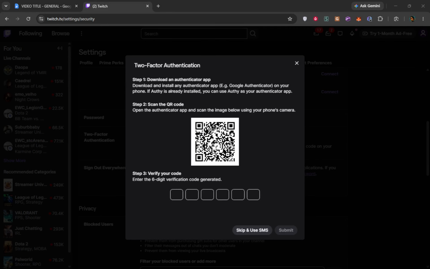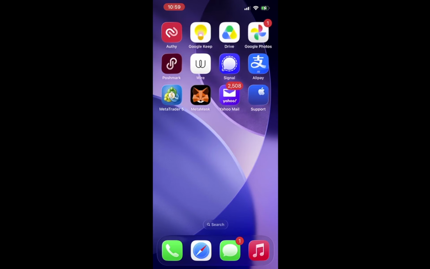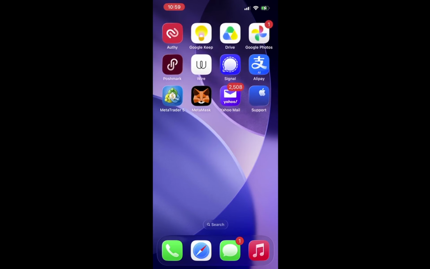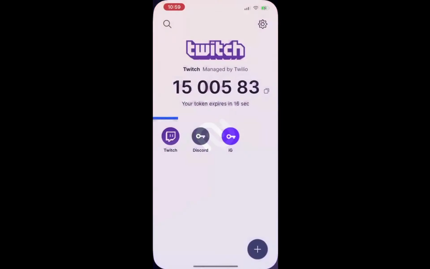Now scan the new QR code with your new authenticator app. Open the new app and look for an option to add a new account. You will usually find an option to scan a QR code. Position your camera to capture the code on the screen, and the app will automatically recognize it. This action is significant because it links your account with the new authenticator app, effectively transferring your two-factor authentication setup.